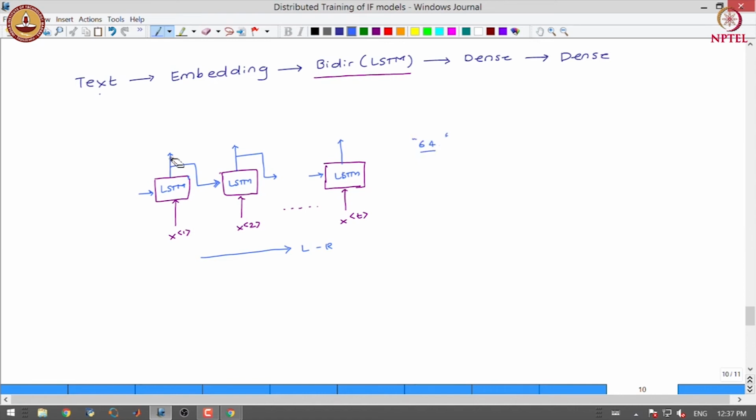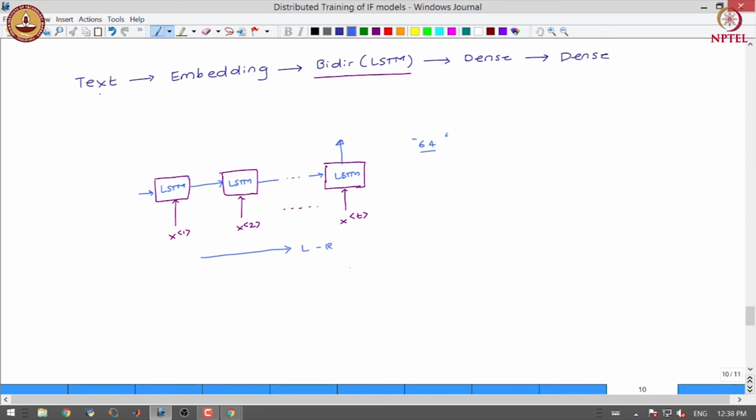There is a small correction here: we are not really collecting the output at each level. We are essentially passing that output to the next level, and we are collecting the outputs only at the last layer.